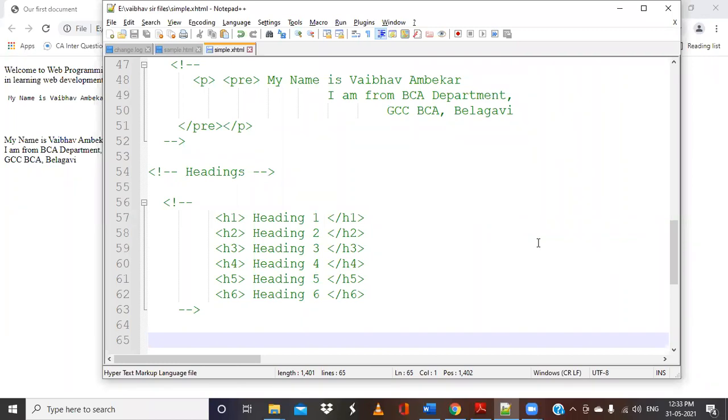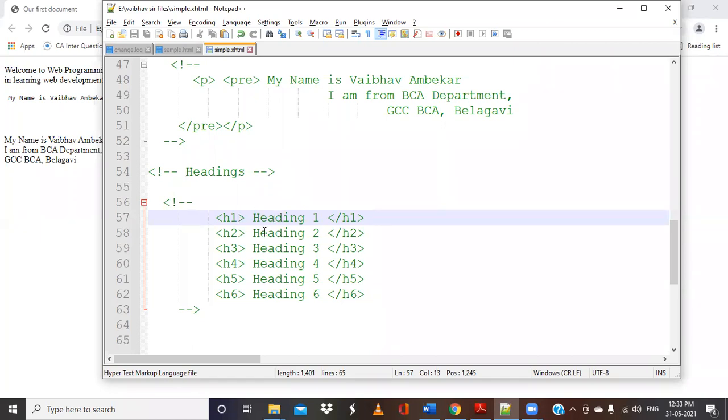It starts with H followed by the number, then the information, and then it closes with the same tag name. And lower the number, bigger the font size. So the information you put between the opening and closing H1 tag will appear in the bigger size.